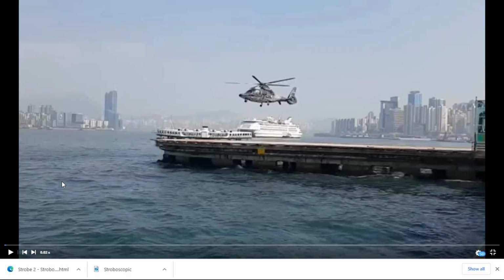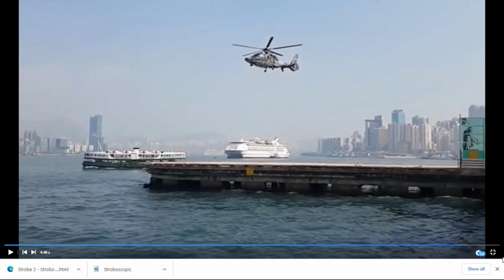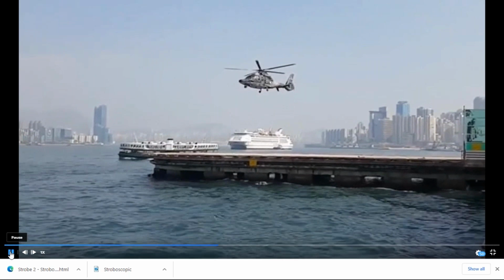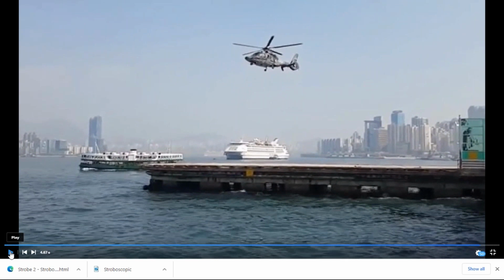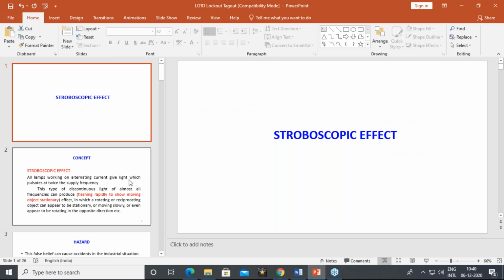Hello friends, now in this session before discussing the topic just observe this chopper and the movement of the fans. You can observe it again. Now from this GIF you can understand what exactly the reality is and what it is showing the effect. So that is called as